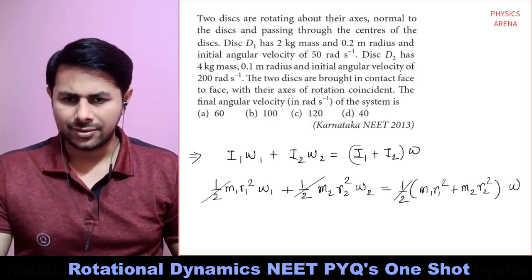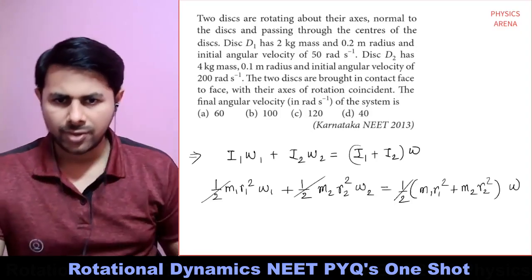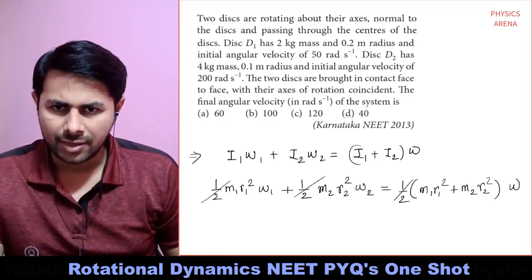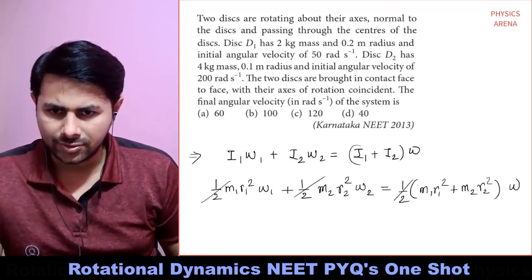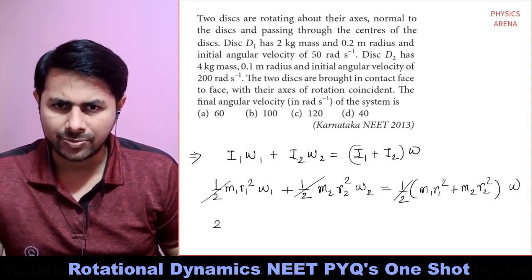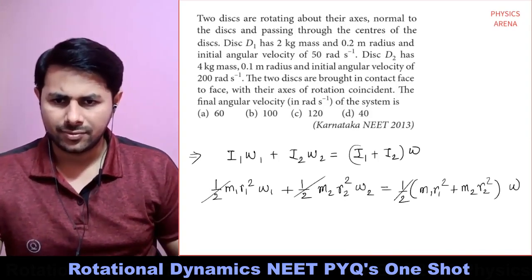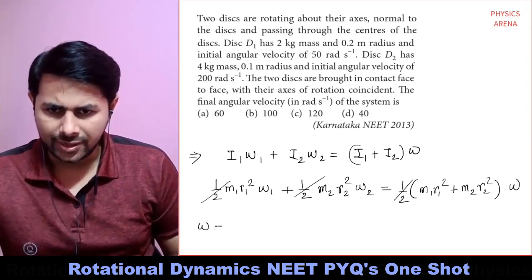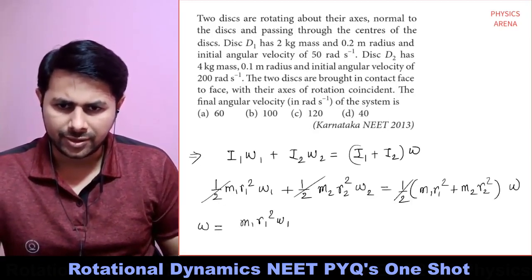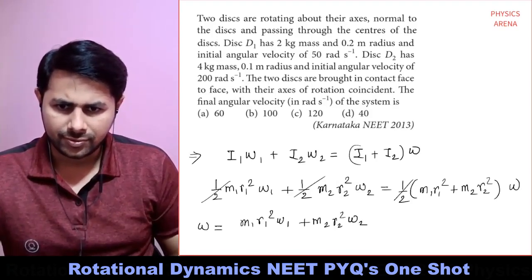Okay, then, we can substitute the values here. So how much is m1? M1 is 2. So 2 multiplied by R1 is 0.2, or let's do one thing. Let's write omega equals M1 R1 square omega 1 plus M2 R2 square omega 2 divided by